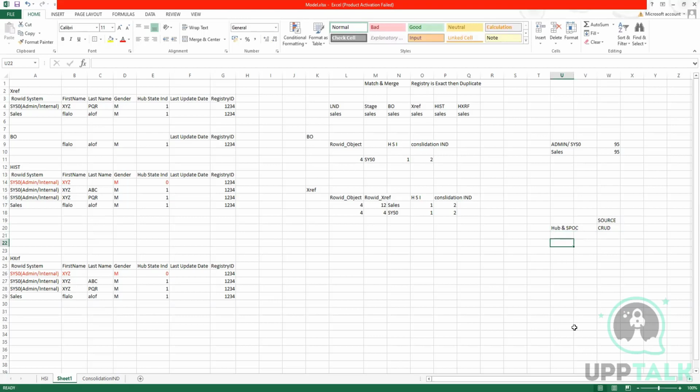Okay, then there is coexistence. Coexistence means MDM and source both are doing the CRUD operations. Then there is registry. 99.99% you will not see this in any MDM implementation. They have gone ahead and created it, but it's nowhere to be utilized because it is somewhat a regular